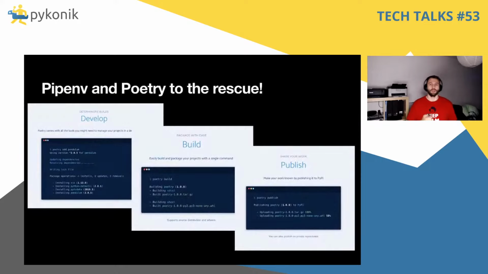So that's why tools like Pipenv or Poetry were created. They take a list of packages that you want to use in your project, and they will resolve and pin all the dependencies for you. Later, when you want to update your packages, you just run the update command, and they will update and pin new versions. Both Poetry and Pipenv are great tools, and they are the most popular dependency management tools among Python programmers. And Poetry has also some additional commands that make publishing packages on PyPI much easier.